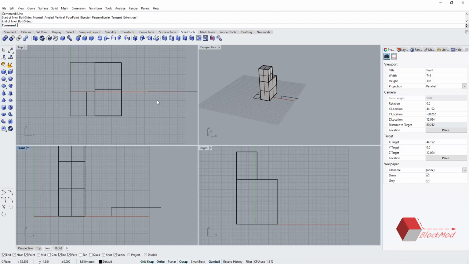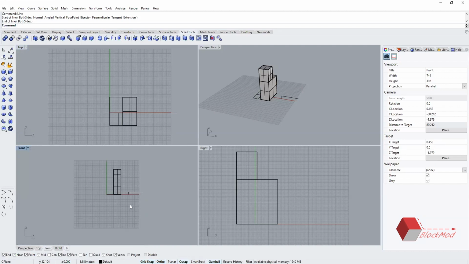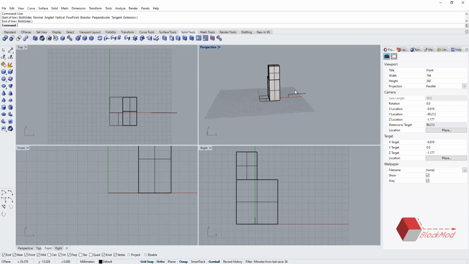Planar is the plane you can see behind the grid; those are specific planes where you can work. If I'm in the top view, that's the plane I am working on. If I'm in the front view, this is the plane I'm working on. You can see the axes: the red one is the x-axis, the green one is the y-axis, and there's a z-axis which is not visible. So z is over here.